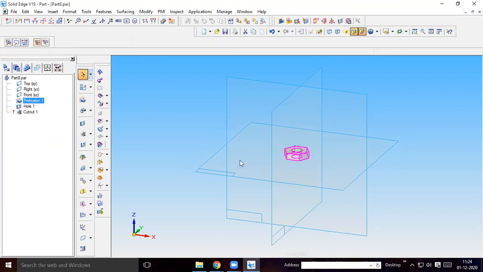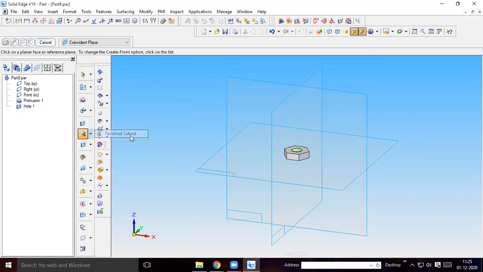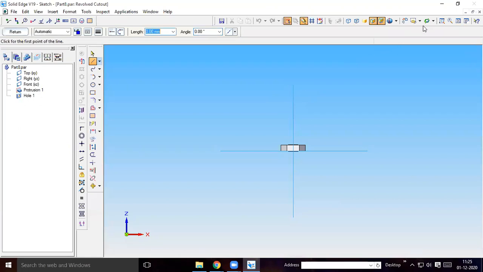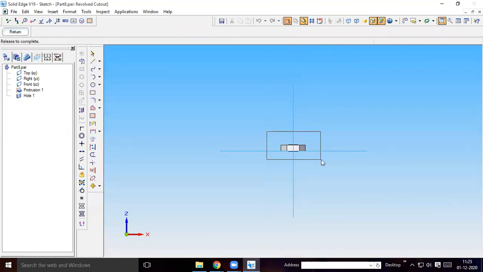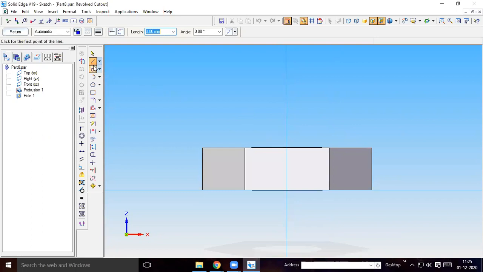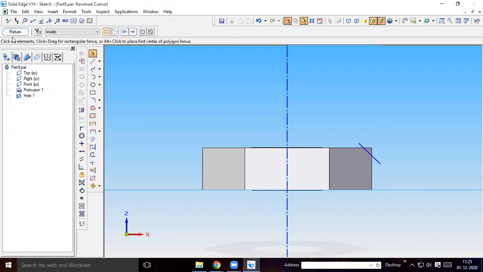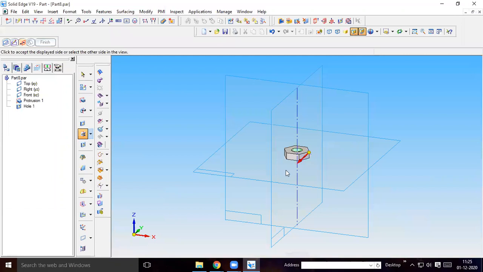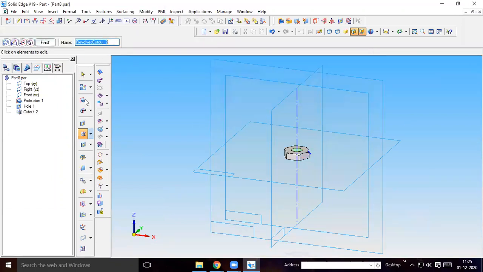Finish. So the thread also taken here, but only thing is cutout is not taken here. So you can delete the cutout and again you do the cutout. Select revolved cutout. Select the plane such a way that three faces are visible as I told you. So again you just draw a diagonal line like this, then select the axis of revolution, so then return. Outside of that line has to be removed, U360.